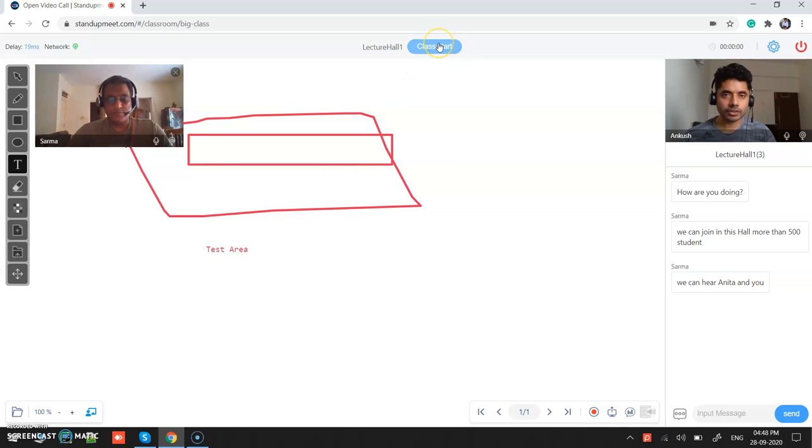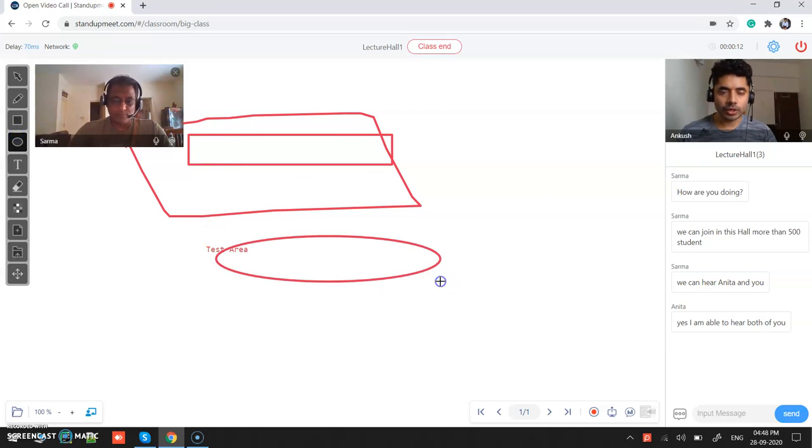And obviously we have the same start class button here. Once I press this, the timer will start, and similarly others will be able to listen to the conversation I'm having one-to-one with Sarma, and also see the whiteboard area. This can be seen by everyone, and the conversation can be heard by all the students who are on